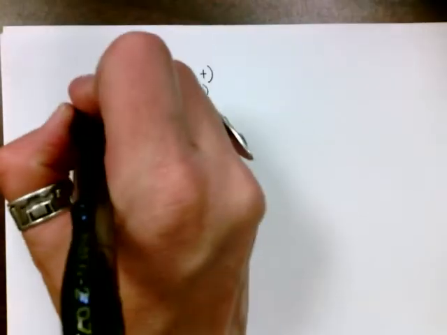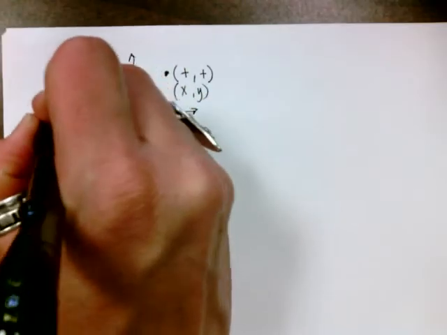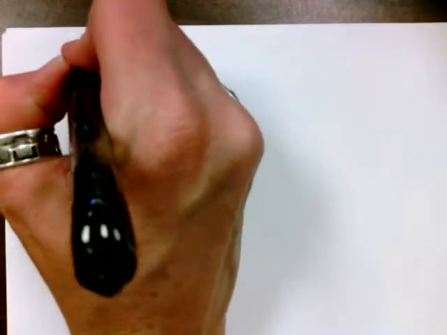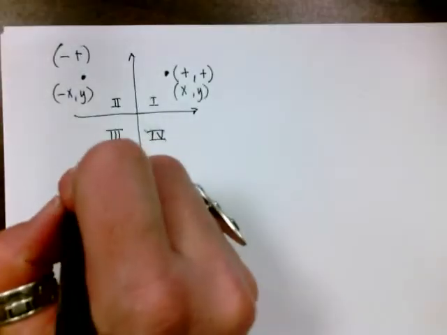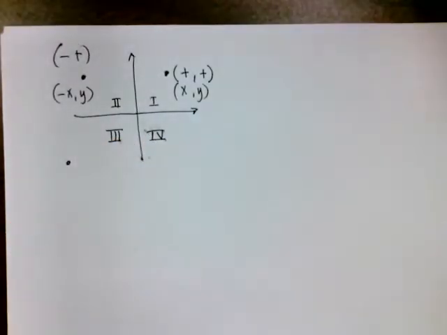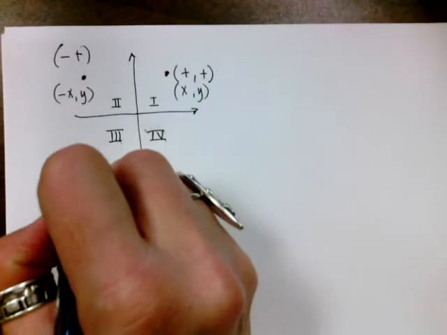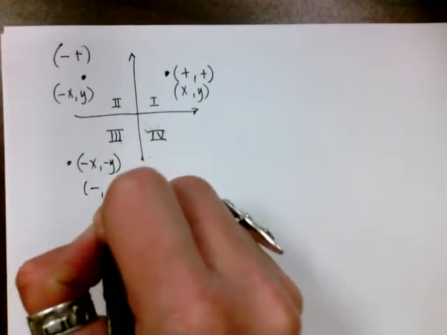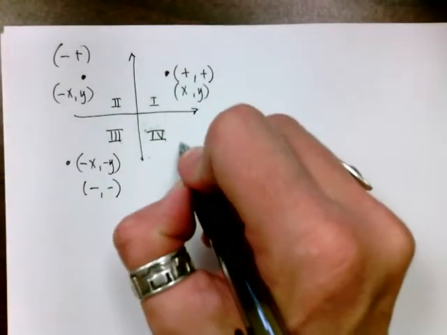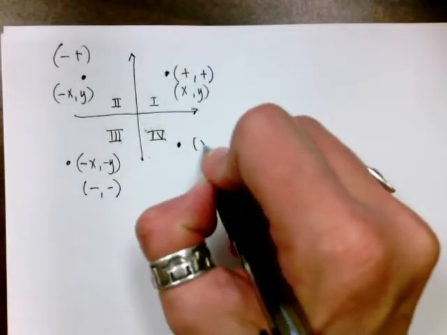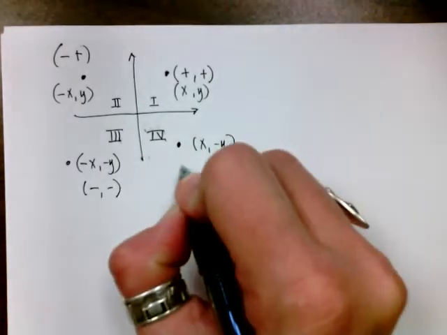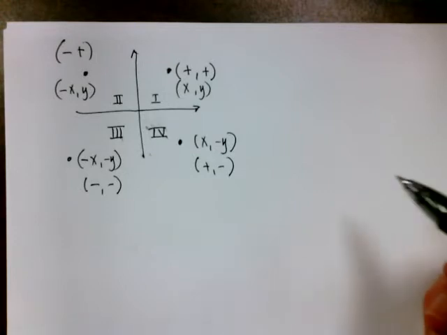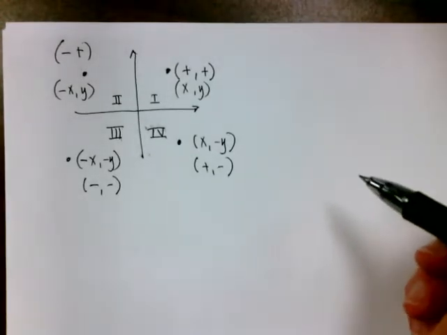Okay, in the second quadrant, if I had a point, it would have a negative x and a positive y. Okay, and sometimes I write this negative, positive. Down here in the third quadrant, if I had a random point, I would have a negative x and a negative y, and so I think about this as negative and negative. And then in the fourth quadrant, I would have a positive x and a negative y, and I would write this as positive, negative. That information you need to know because it's going to help us as we manage our